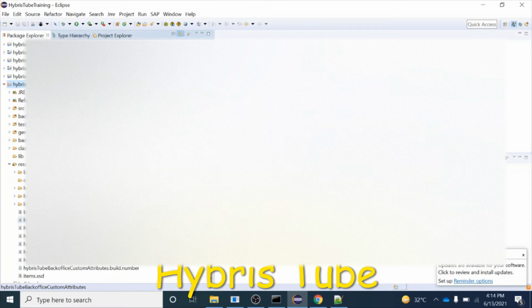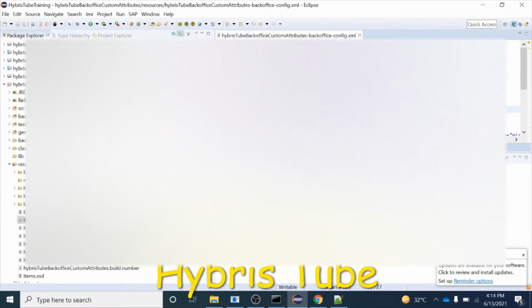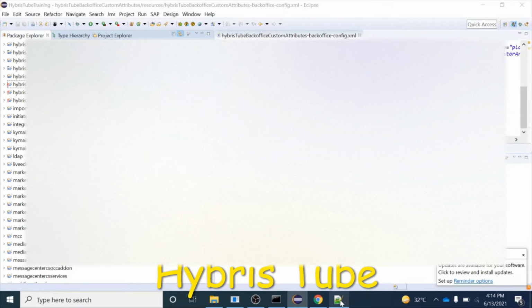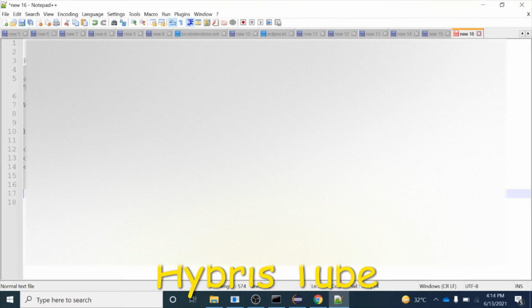Inside this resources folder, we have this important config.xml file, so you can make your changes over here as well. So in case you already have one extension which extends the Y back office template, then you should not create a new extension. But since I want all the functionalities in this video to be independent from other videos, for your betterment I am going to create everything from scratch. So the first thing I am going to do is create one extension.